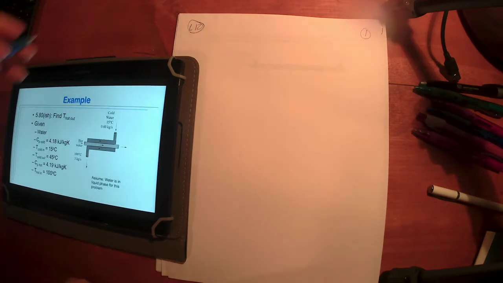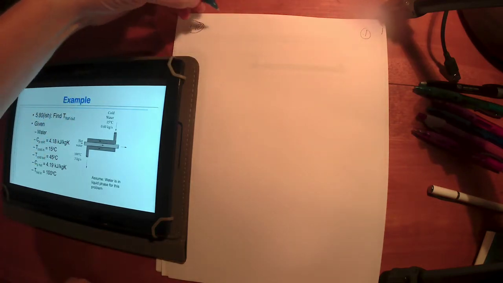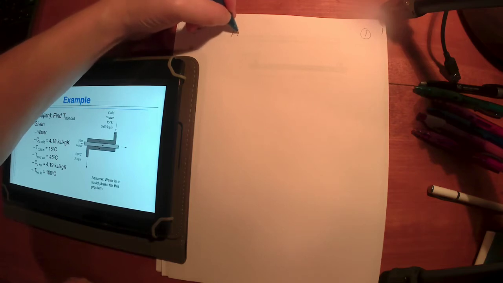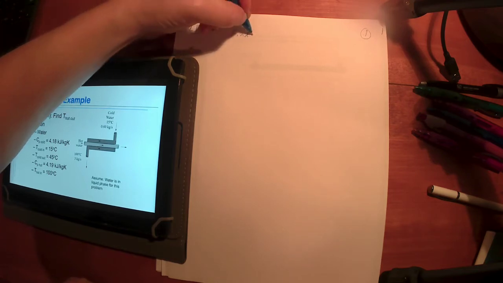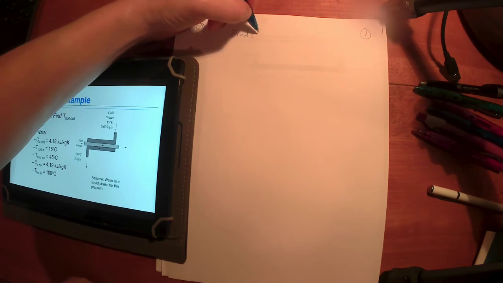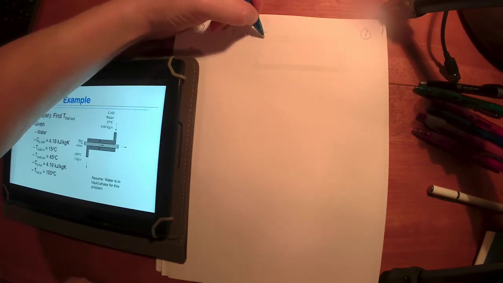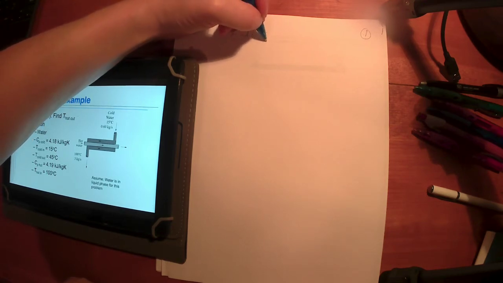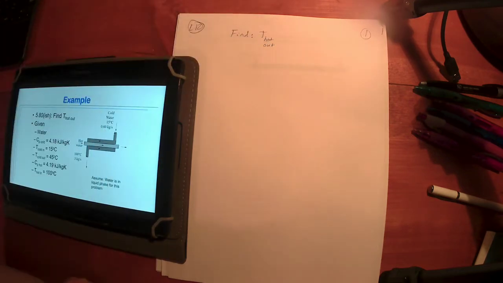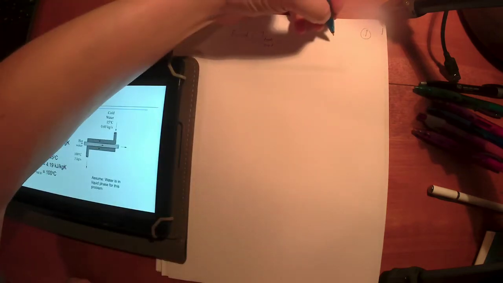So, if we digest the entire problem statement and synthesize it down to just what we are looking for, this particular problem statement says something about determine or estimate the temperature of the hot water coming out. What is the temperature of the hot water at the outlet? Okay. Now, what we know is they've given us here